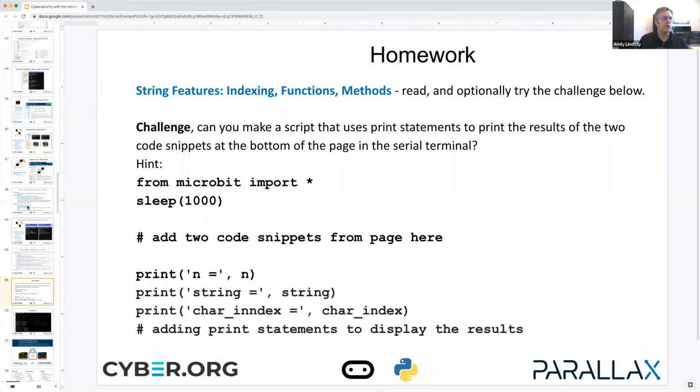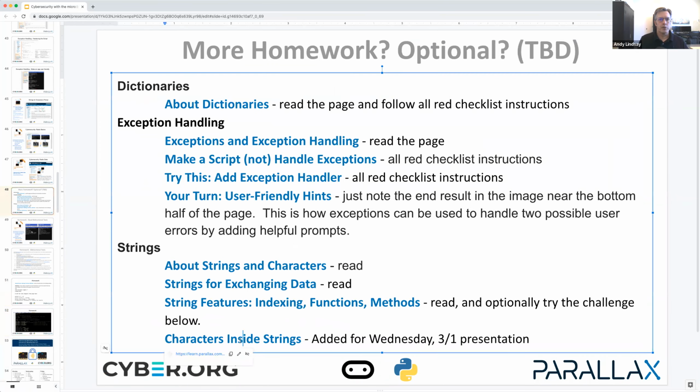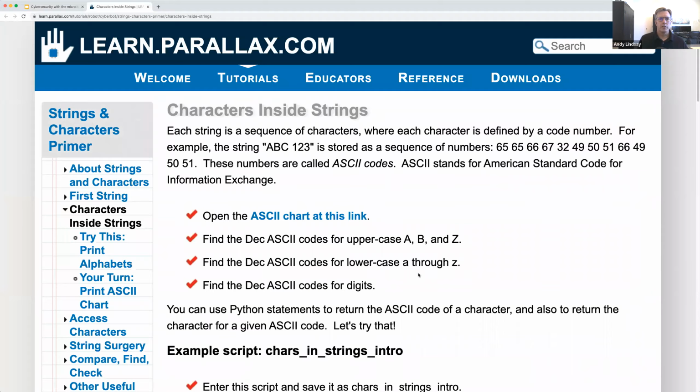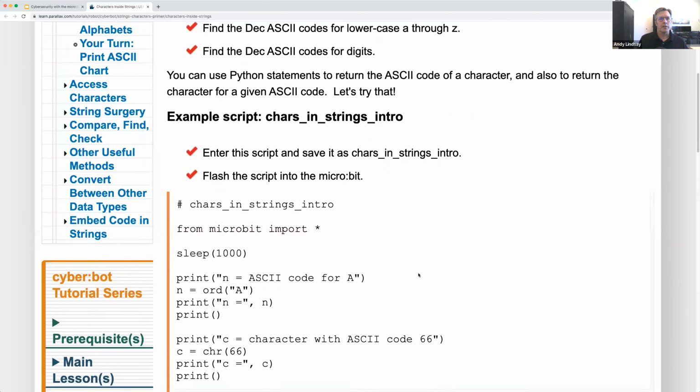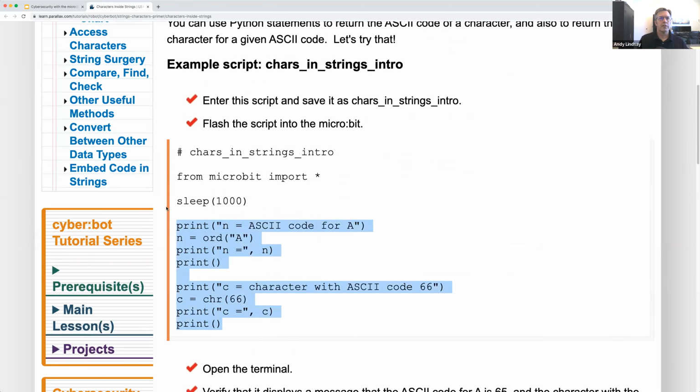And there was one more thing I wanted to show you, which is, we actually talked about it already. It was characters inside strings. No, actually we didn't. And this is a script that I really want you to try, because it shows in action how to